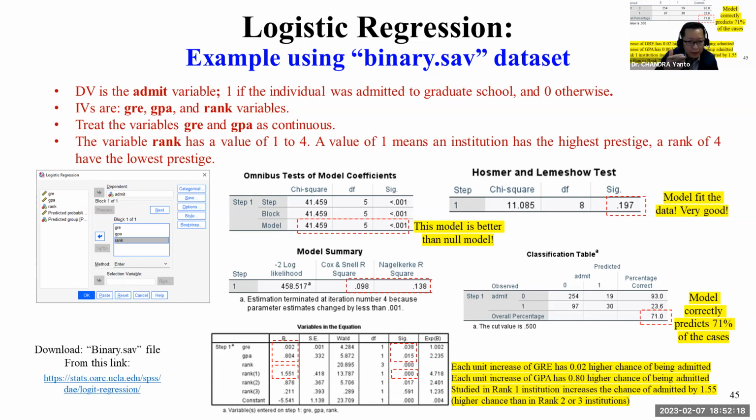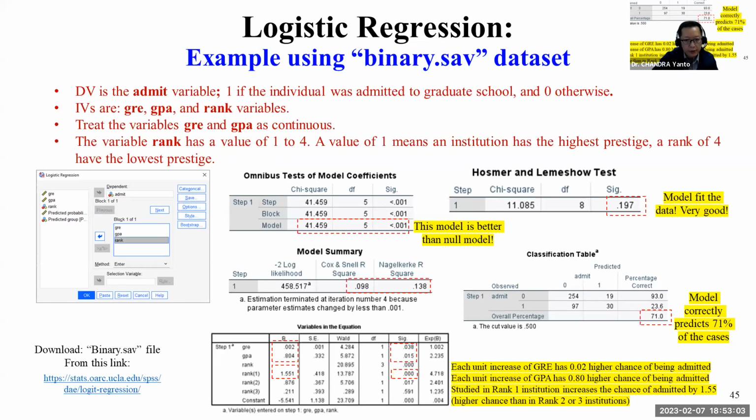But the rank of the institution seems even bigger, 1.551. So you interpret this in terms of every unit increase of GRE giving a 0.02 higher chance of being admitted into graduate school. And every unit increase in GPA gives a 0.8 higher chance of being admitted. But starting from a rank 1 institution gives a 1.55 higher chance of being admitted into graduate school. So this is how you can see which variables are more important based on the beta value. The higher the beta value, the more important the coefficient,